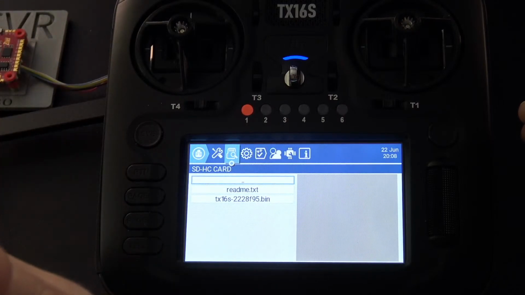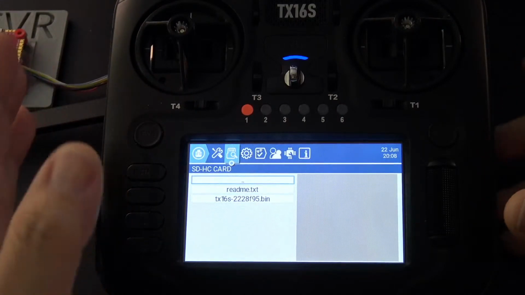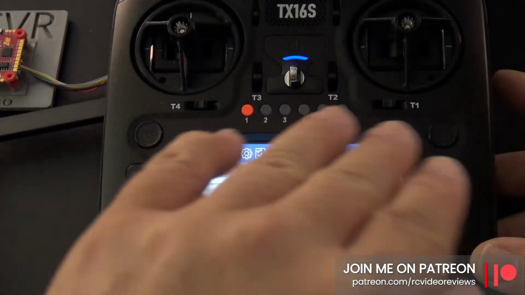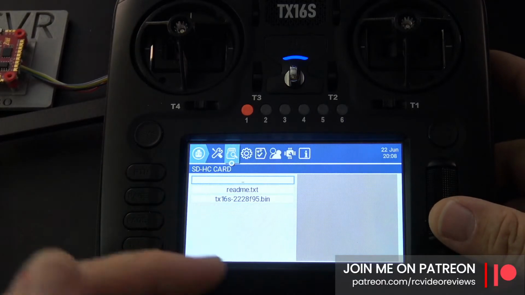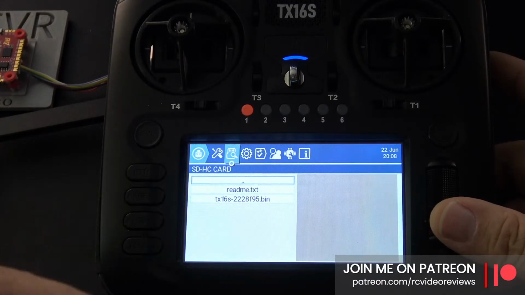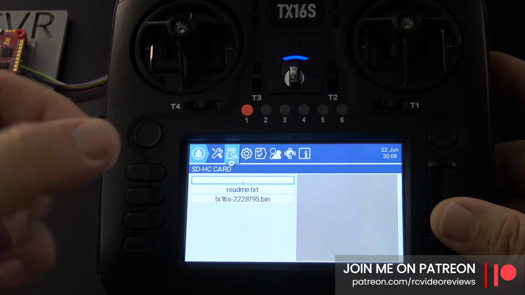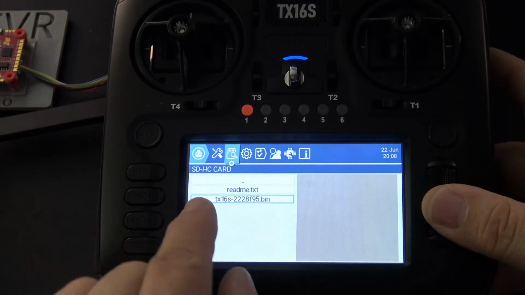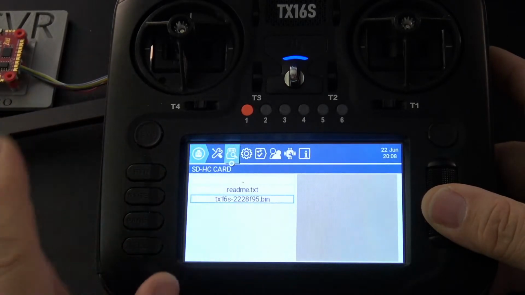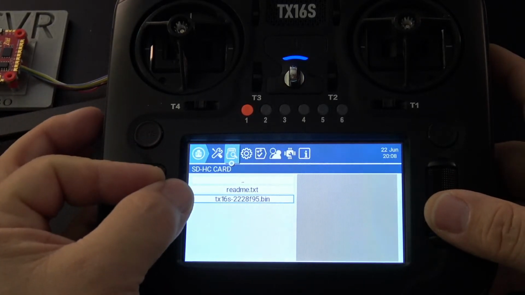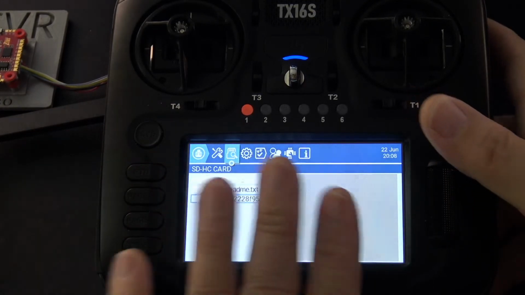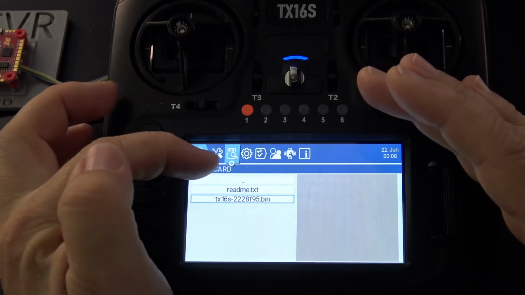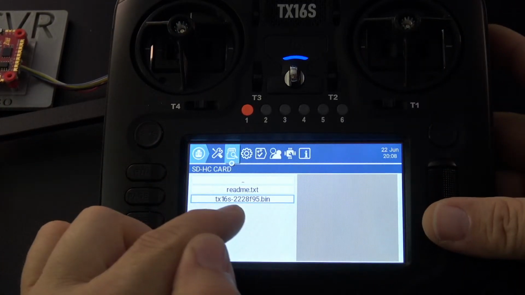But in the event you're not comfortable, you don't know how, this is the first time, you can go download the EdgeTX that I linked in the direct download in the description. And inside that zip file that you'll download, there's a bunch of different firmwares. Just pick the one that's correct for your radio. In my case, it was TX16S, a bunch of numbers, and then .bin. So once you put that on your SD card, now you have to imagine for a moment that we're in OpenTX, it would work the same way. Go to your SD card firmware folder, and you'll see this binary file.